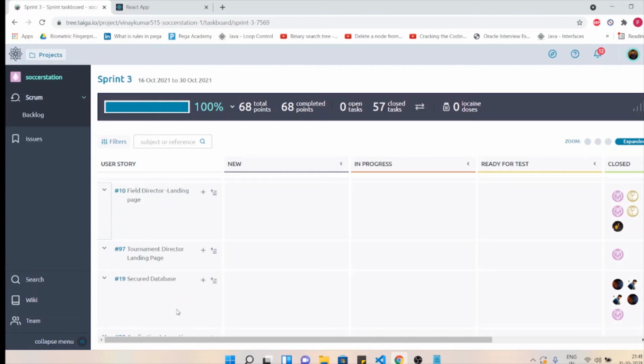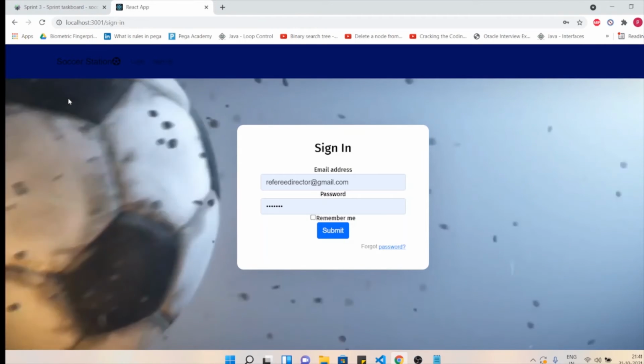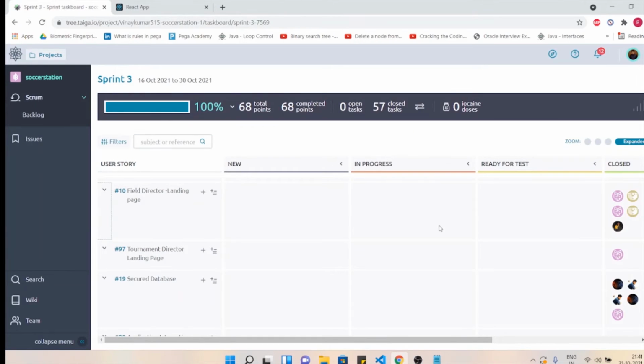incrementally improved our user interface, as you can see, and as I talked before. That was one of the incremental things that we did. We also made sure that the UI was consistent all along. If you look at our video previously and now, there are a lot of UI changes that have been done, making sure that our Soccer Station has been constant with the UI. So these are the two incremental things that were done.